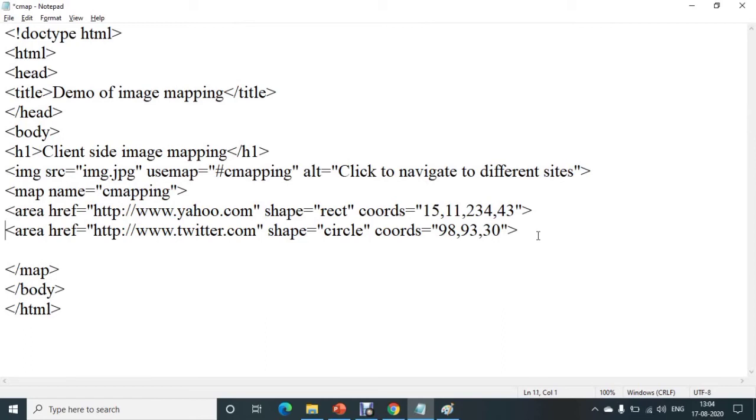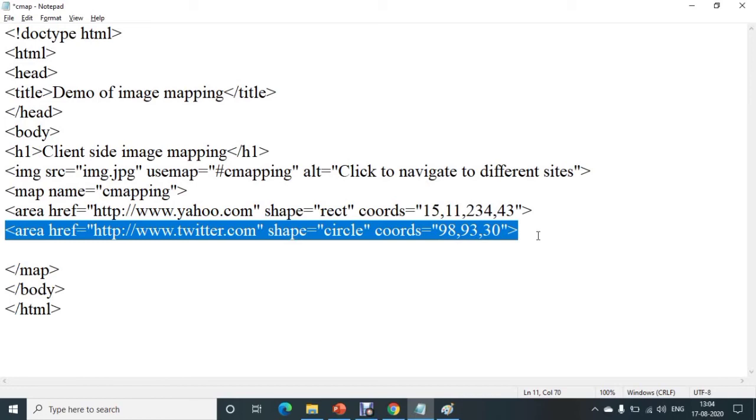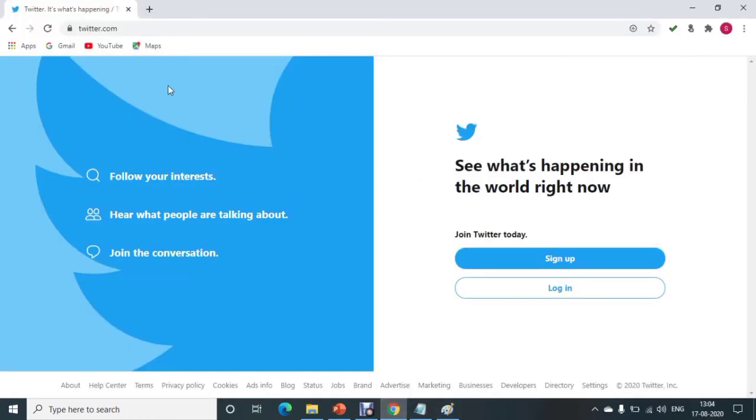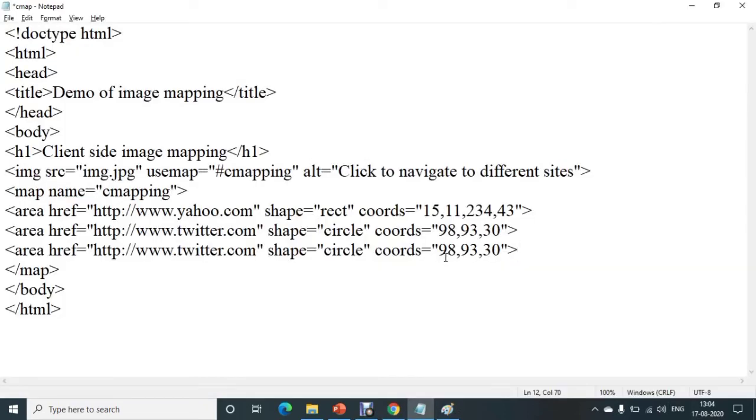Now let us provide a hyperlink to the Facebook icon, that is this icon. Again you can use circle here also. So for that you can use facebook.com. Then you have to change the coordinates.